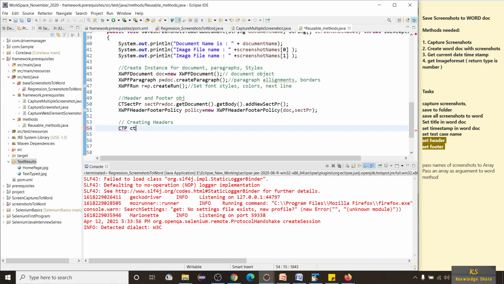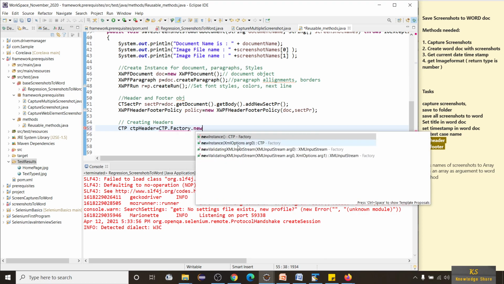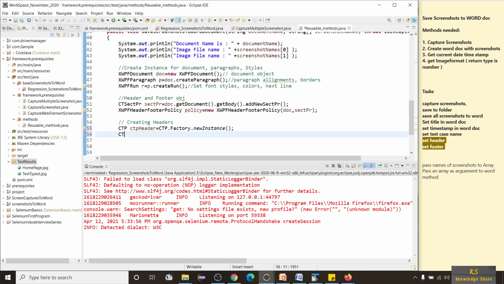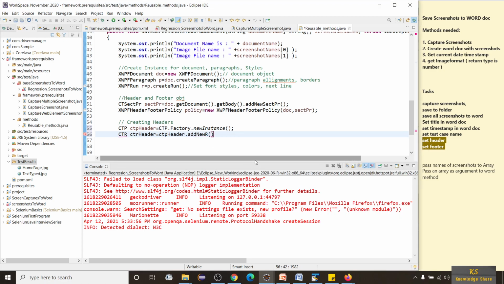One is CTP. I'll call it CTP header is equal to CTP.Factory.newInstance, and we have to create one more, CTR, again, this is for running or getting everything, styles kind of stuff. I'll make this object reference CTP header and addNewR, and then we have to import this CTR class.